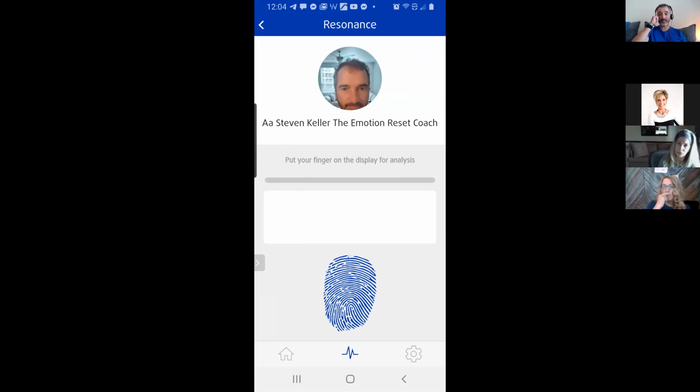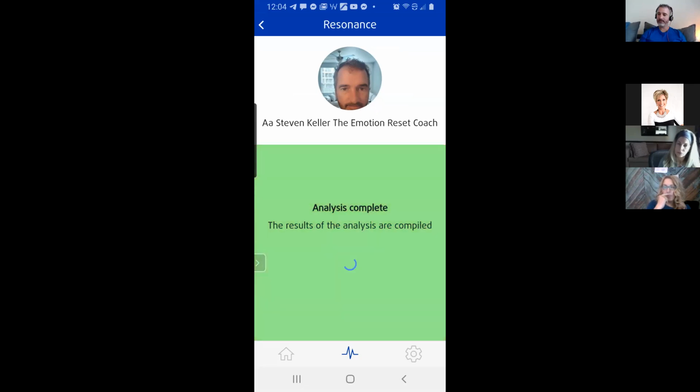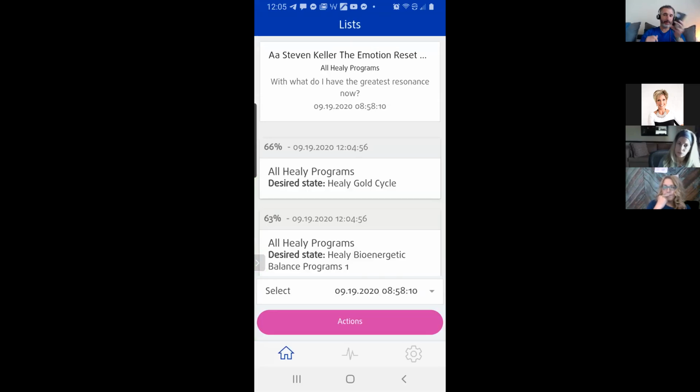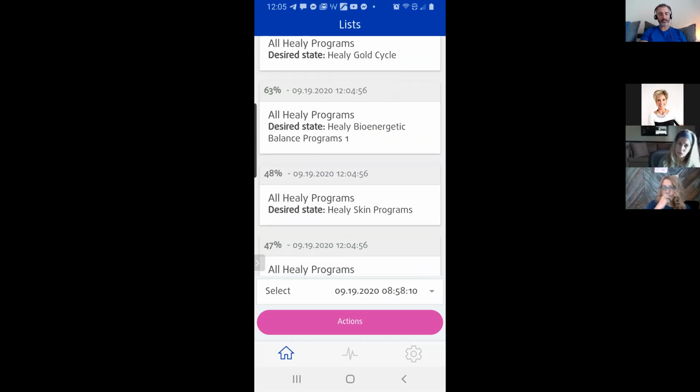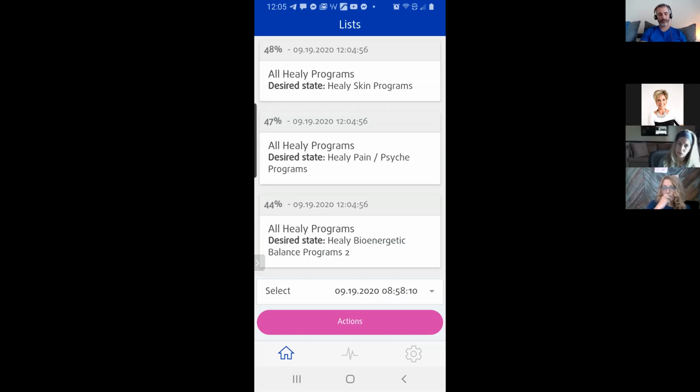What it's doing is it's saying, hey, by the way, don't be scrolling TikTok videos at the same time as you're trying to do a scan. Maybe you should be a little more focused than that, right? So it reminds me, oh yes, I look at it and I'm expecting to get results to help me live a passionate, wholehearted life. Now I could put my nose on that and it would still work. Okay, it does not have to be thumb or fingerprint, and it's not recording people's fingerprints. You know, people get concerned. So the higher the percentage, the more resonance I have with it.